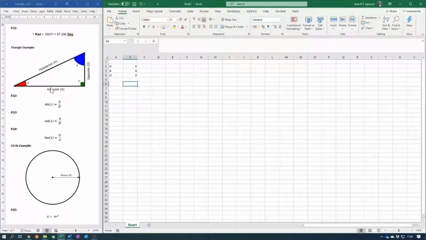Now if we wanted to work out x down in the corner here, we can use any one of these three equations here, starting at equation 2 to equation 4. And each of these uses either sine, cosine, tan, and then two of the various inputs we have, either an opposite, hypotenuse, an adjacent, hypotenuse, or an opposite and an adjacent. So if we wanted to work out our x using equation 2, this is how we would do it in